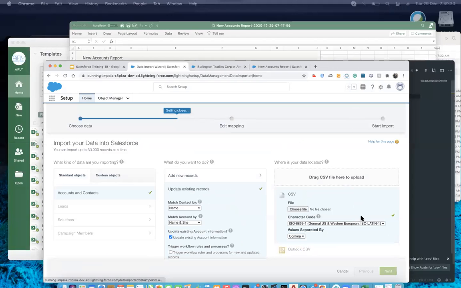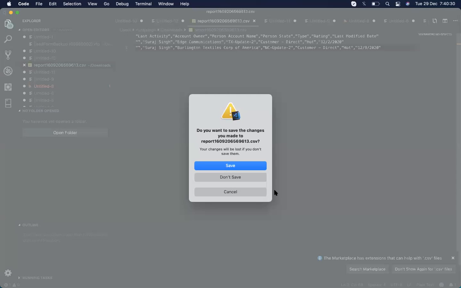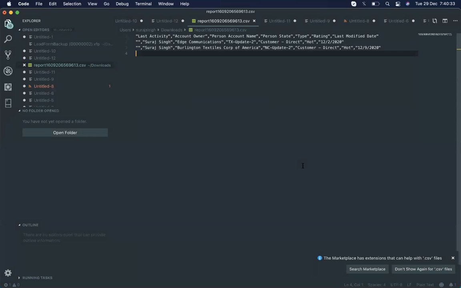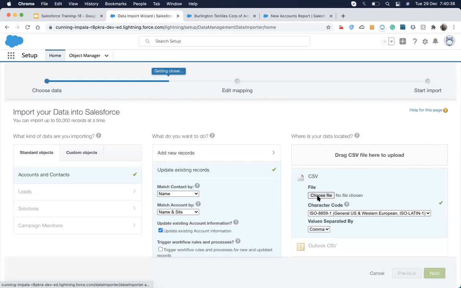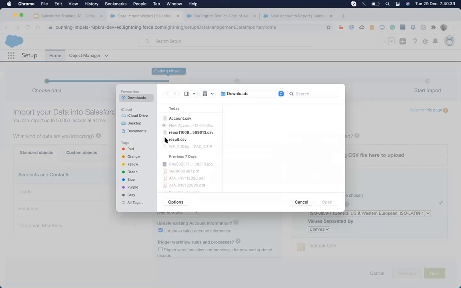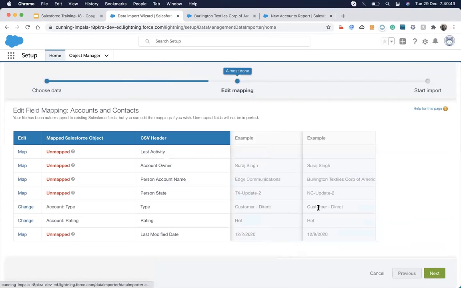And also let me make some changes so we can find that update. Save it. Okay, and now I'm going back. Choosing my file. Next.